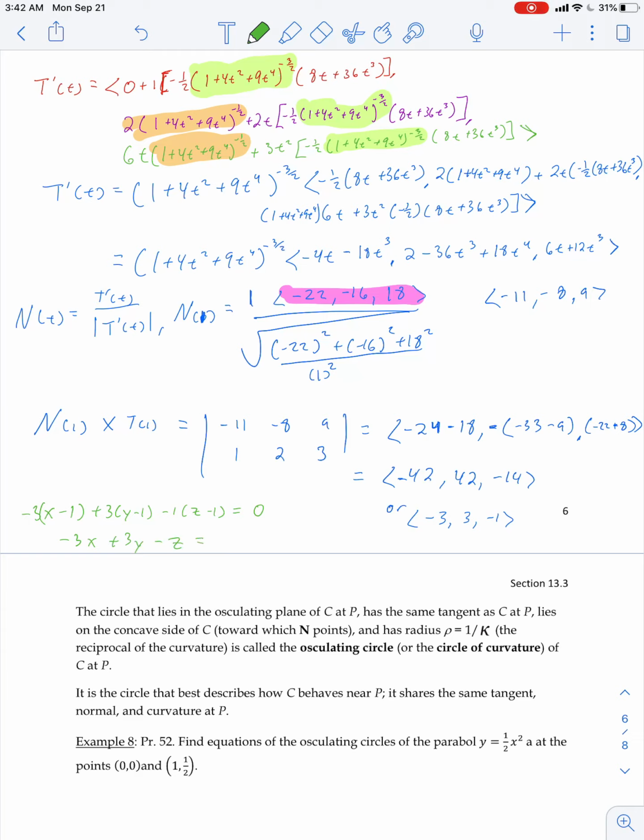And I get negative 3x plus 3y minus z is equal to 3 plus 3 gives me 0. Negative 1 times negative 1 is a positive 1, so that's going to equal negative 1. And again, your answer